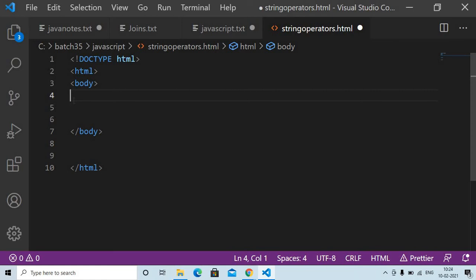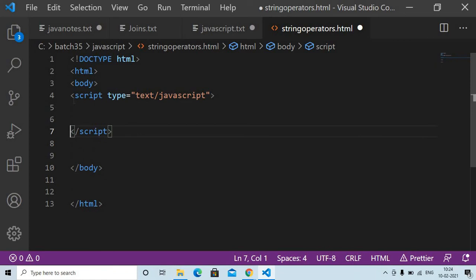Okay, so inside the body you can take one script tag. If you want to write JavaScript code, you need a script tag. Let's take that script tag. Script type is equal to text/javascript. Close.